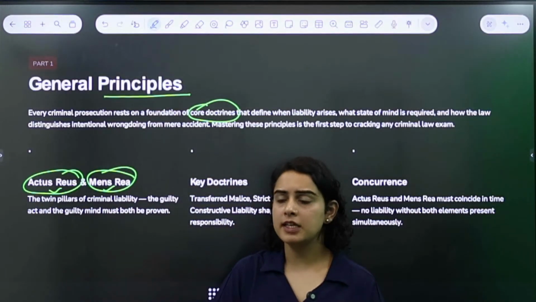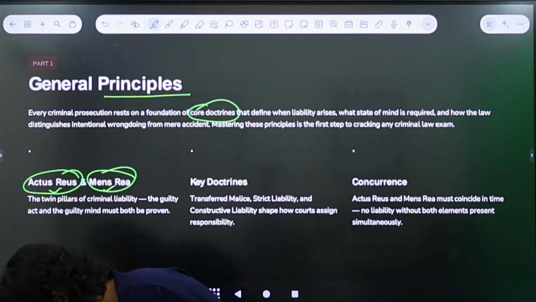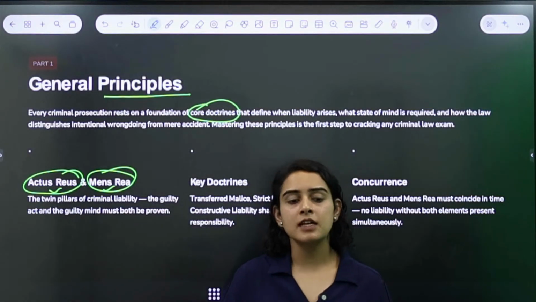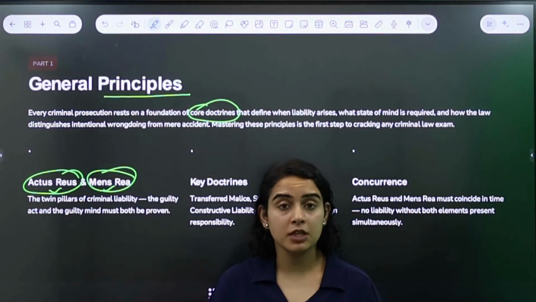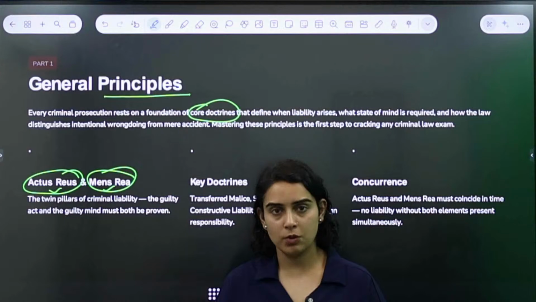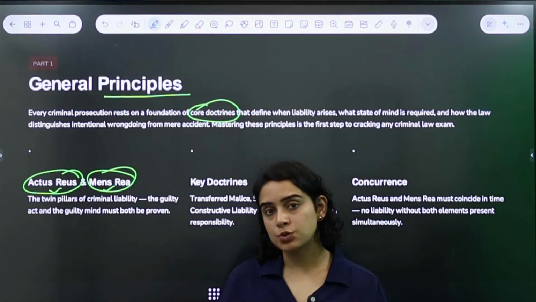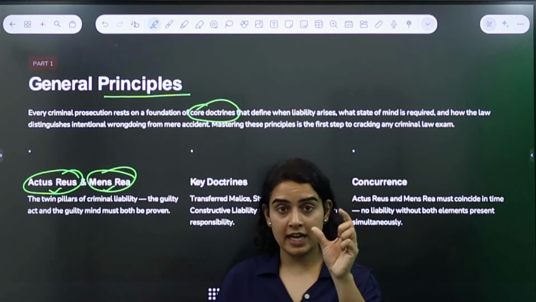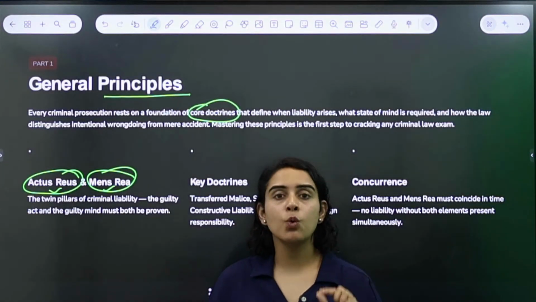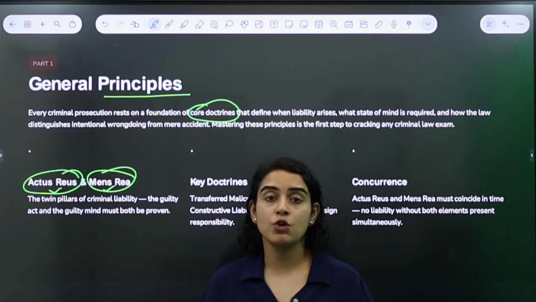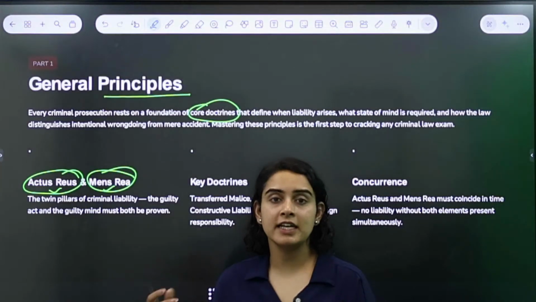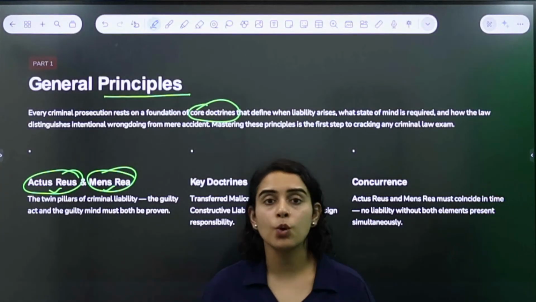Any criminal law is very simple, very basic. It says something really simple: if you have done something wrong which is otherwise illegal, something prohibited by law, and you had the intention to do so as well, you had the action plus the intention, only then a crime will be committed. If you only had the intention but have not committed any crime, or if you have committed a crime but did not have any intention to do so, it is no crime at all.